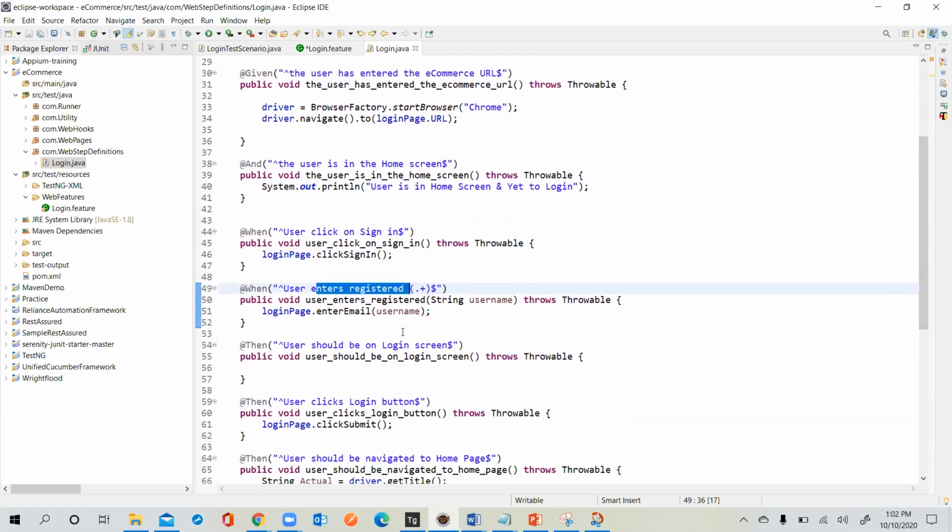One line. What will it do? It enters the username, it enters the password, and it clicks the login button. It will go to the home page, and then it will validate. All 5 steps in one method. That should be the right way, right? Or else I need to write one line of code for one method. So instead of doing this, you should write in imperative style. That's how the feature file should be designed.